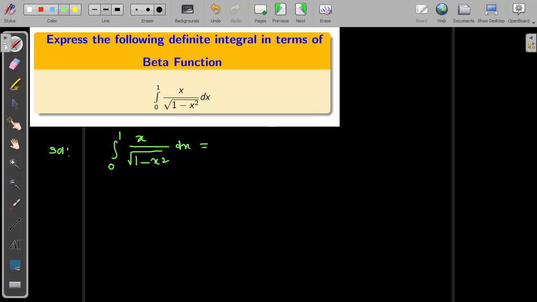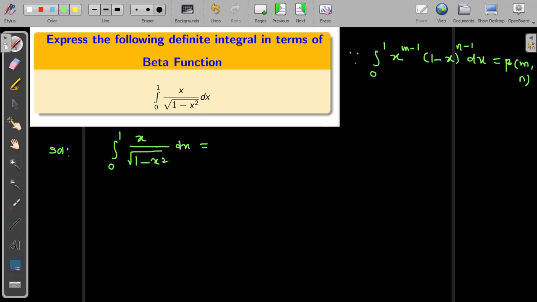This could be expressed as a definite integral of the form integral 0 to 1 x to the power of m minus 1 times 1 minus x to the power n minus 1, where m, n are greater than 0, dx. We need to express this definite integral in this format, with the same limits 0 to 1, x to the power of m minus 1, and power n minus 1, where m, n are positive. This is nothing but the definition of a beta function, which is equal to beta of m comma n, as we know before.